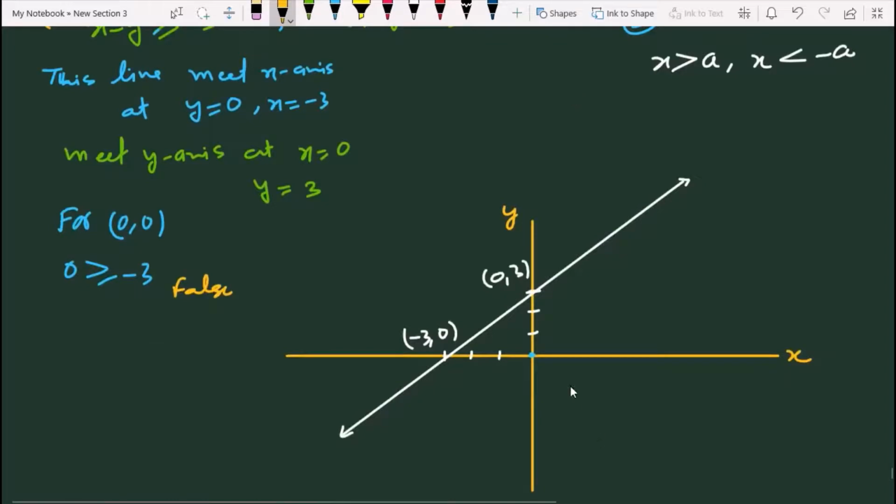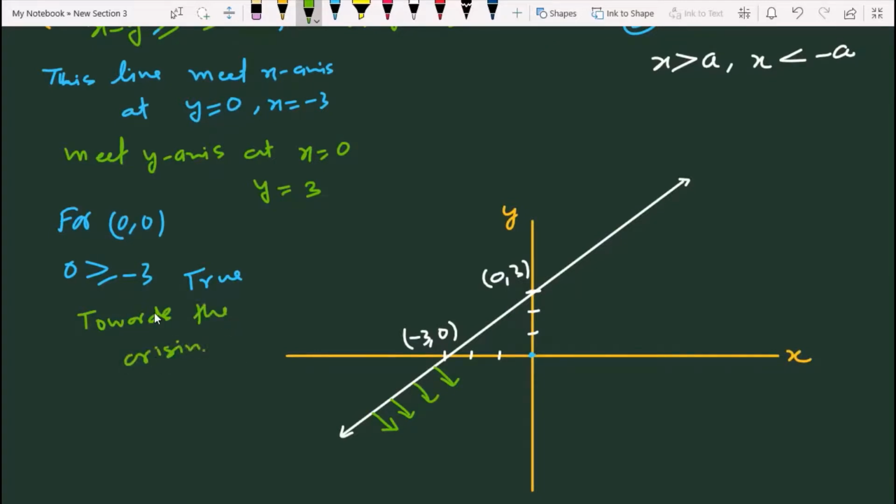True means the solution of this equation is this side, towards the origin. ठीक है. Similarly,